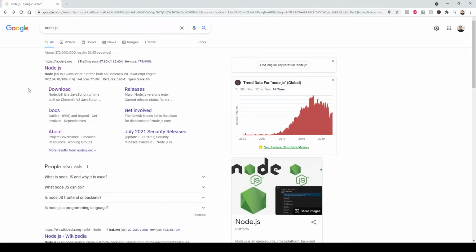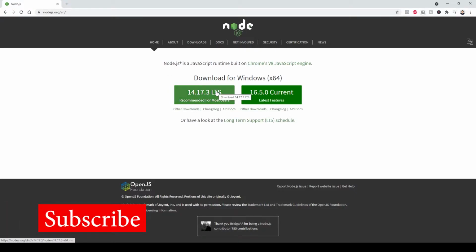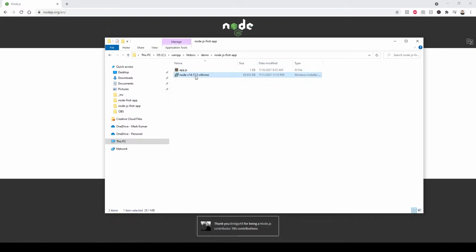First of all, what you need is obviously your Node.js platform, which you can find by just Googling Node.js. The very first link is going to come up, and from there, at the moment of this recording, the latest version is 16.5, but they recommend you use 14.73, and that's the one that we are going to be installing. So what you do is, I already saved this in here, so we're just going to go to